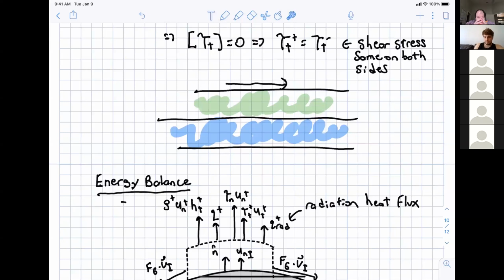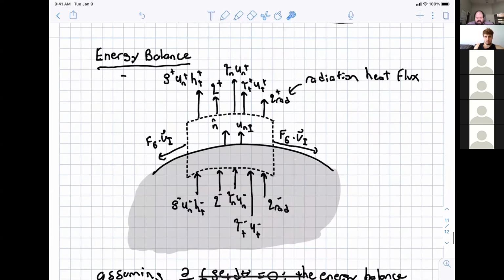So are there any questions on this? Okay, so now we go to the energy balance. So we've done normal and tangential momentum. Now we got to do energy, and that one looks the messiest, but it's probably the one you guys are the most familiar working with, because you dealt with this a lot in thermo,